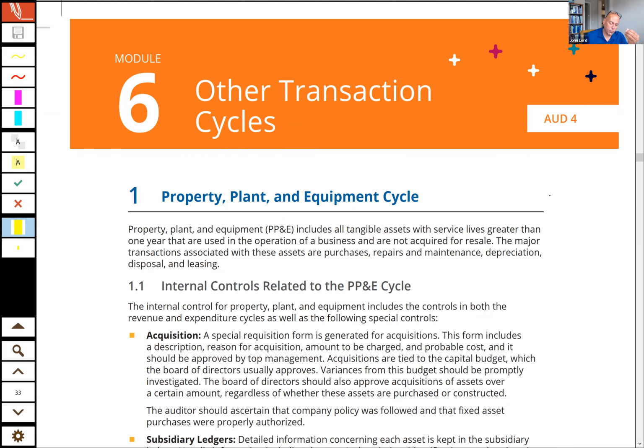Property, plant, and equipment, and remember I said that property, plant, and equipment was a medium level number of questions that you would get regarding the transaction cycles. I said total 30, and then I called out revenue, expenditures, some of the ones we've talked about already, heavy, investments, light. When we talk about financing transactions, those are light. Property, plant, and equipment is medium,